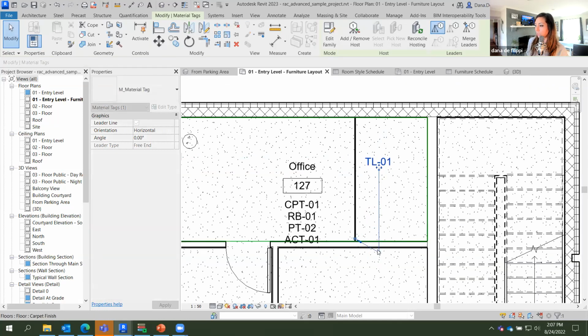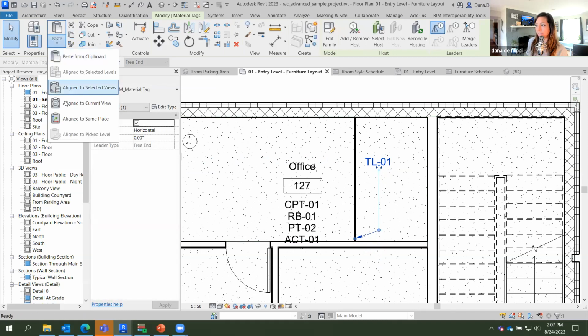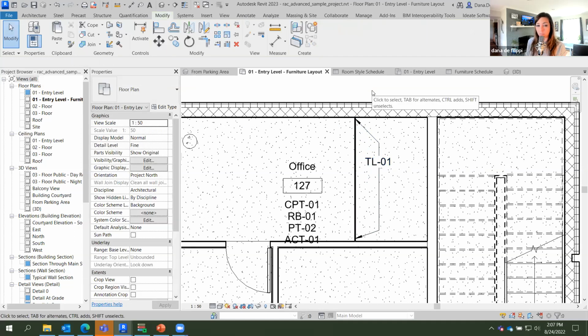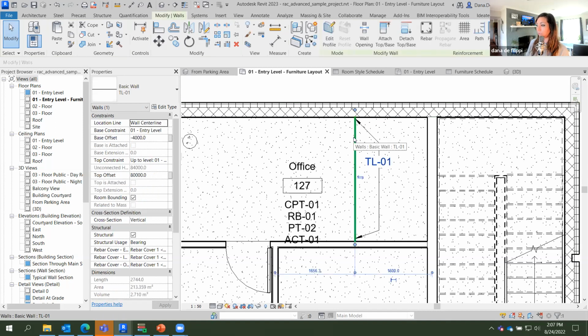One other thing that I see here is people will actually duplicate, paste, align to the same place. Once again, not necessarily ideal. Maybe that's better than splitting the wall so that you can get multiple leaders within 2023 functionality. Up to you. The beautiful thing here is because it's